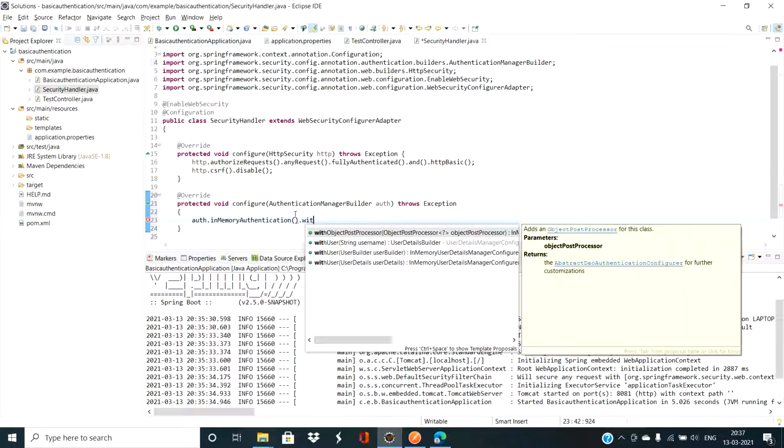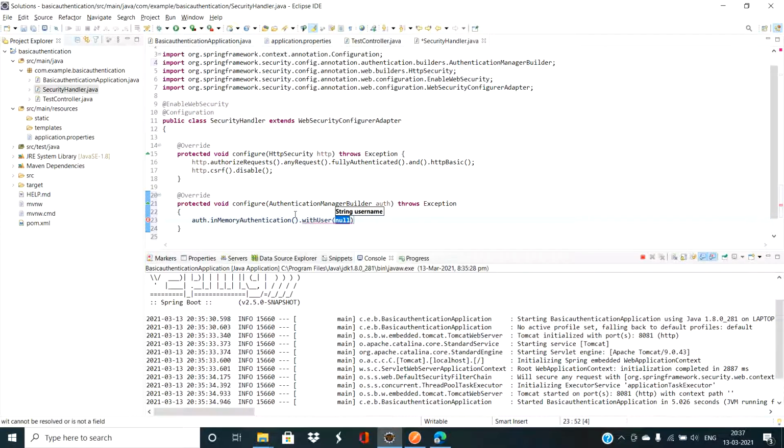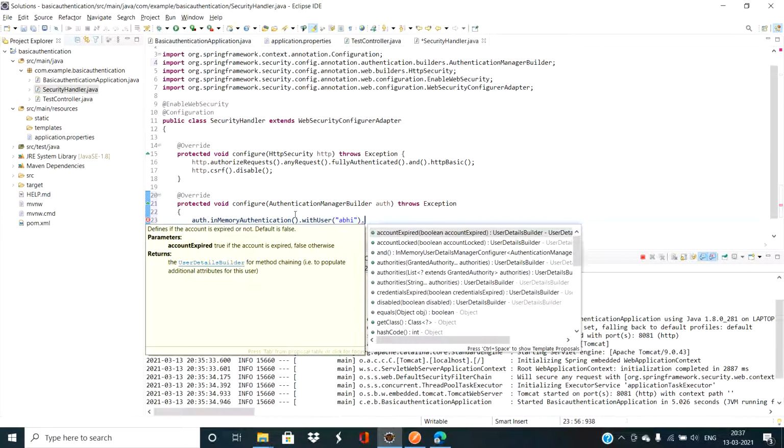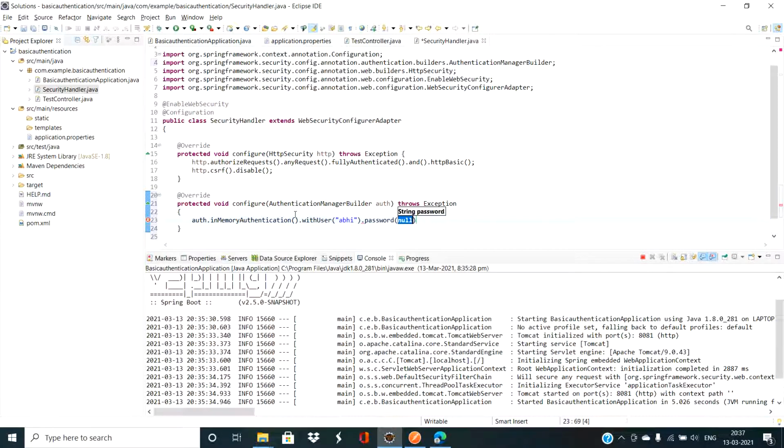And with user, we can pass the user here, say Abhi, and the password is the same, Abhi. We need to pass a role as well. There are many roles. I'm just saying it's a user.